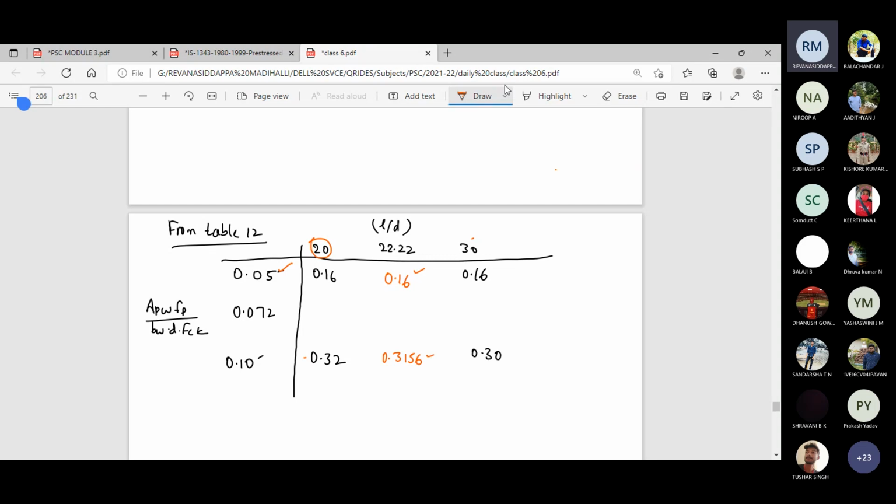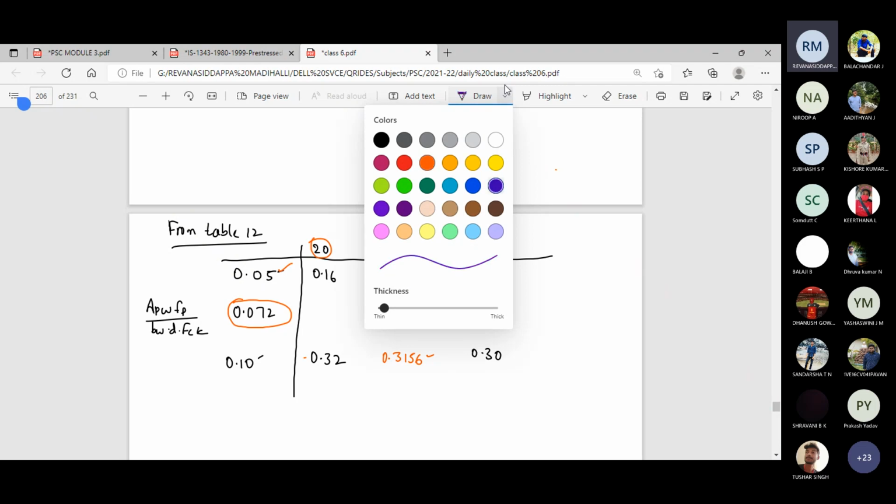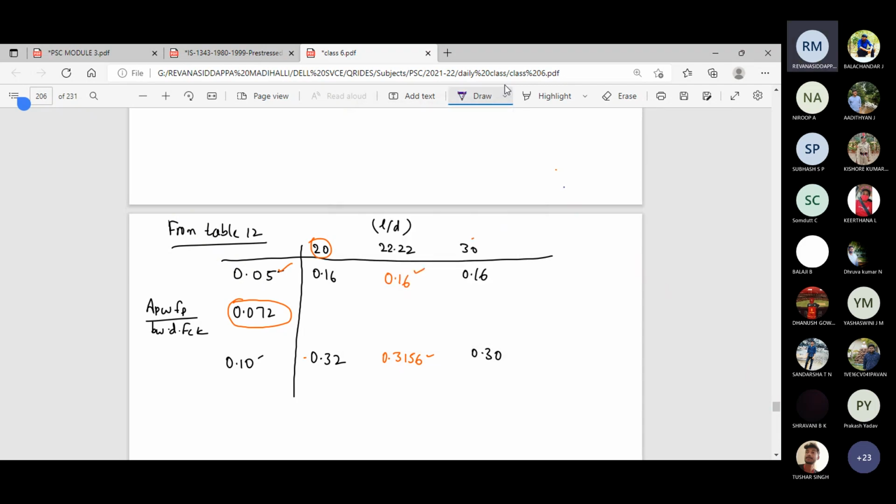Now you can obtain the value for 0.072 by interpolating between these two values. When 0.05, the value is 0.16; when 0.10, the value is 0.3156. Similarly, you can get the value for 0.072. Final value of XU by D is